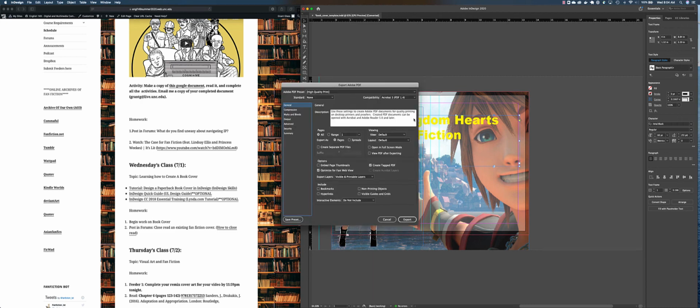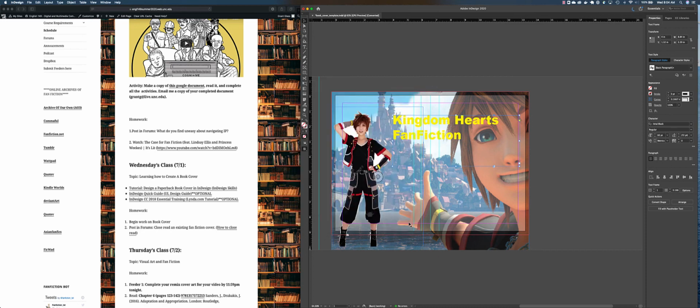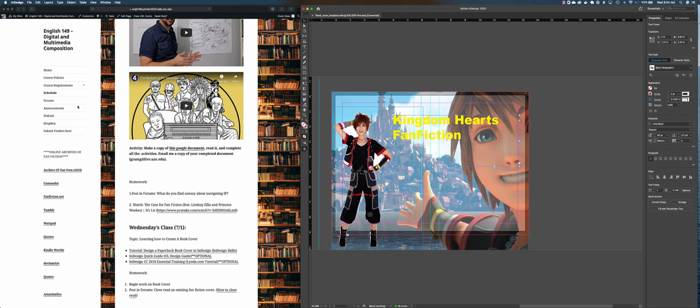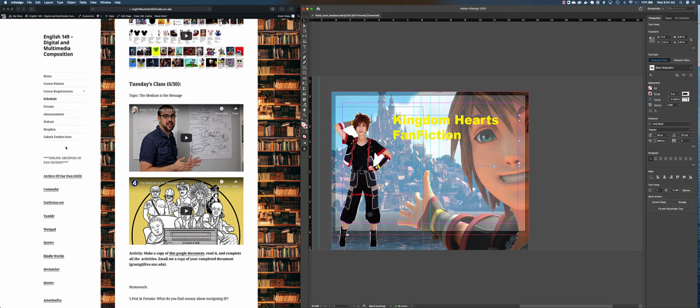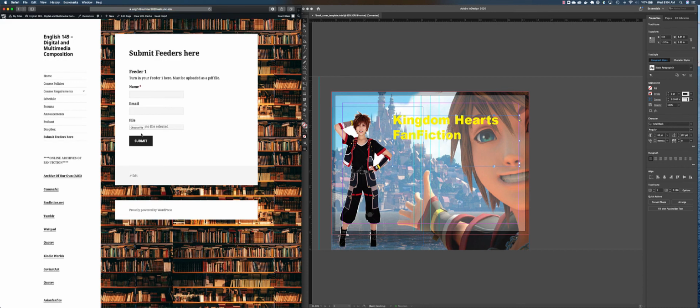There's a bunch of different options here. You don't need to worry about them. You just export. Okay. So then when you're ready to turn your feeder in, please do not give me the InDesign file. Export it as PDF or JPEG, some other file format.